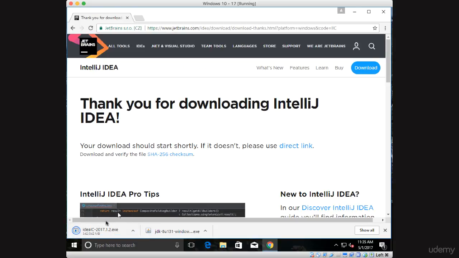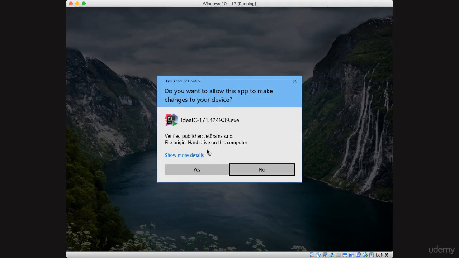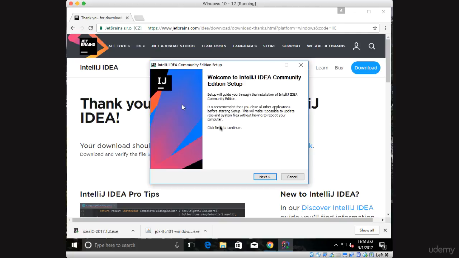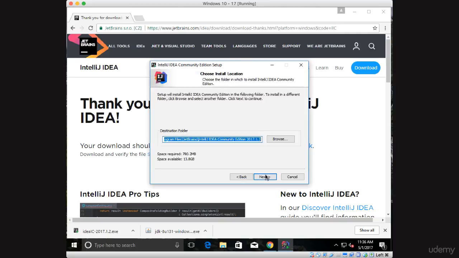All right, it's getting close. It should be done in a second here. And there we go. It's done. So double click. Should be able to then open an installer here. And of course, do you want to allow this app? Yes, indeed. And then we have a wizard here that will take us through the process of setting up our IntelliJ